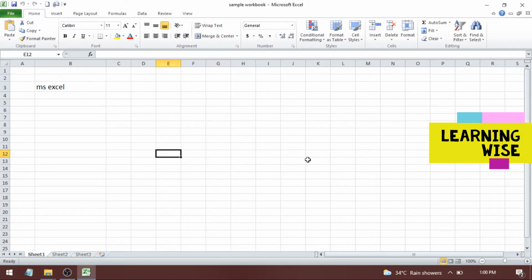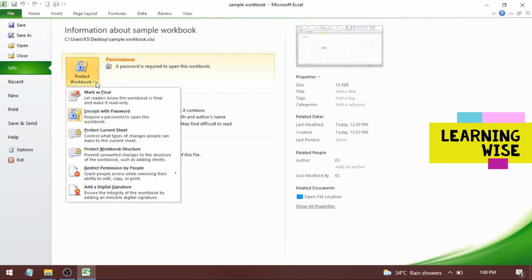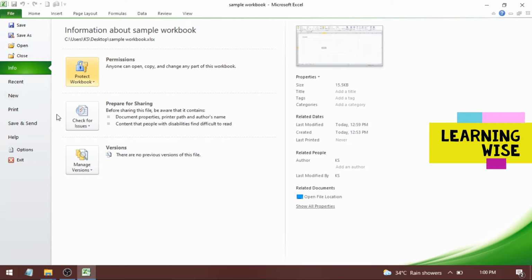Now, how to unprotect this workbook? Go to File once again. In the Info tab, again click on this Protect Workbook. Now see, this is highlighted as I told you a few minutes back. Let's click here. Again click on Encrypt with Password, and here simply select the password and press delete. We did not do any other thing. We just went and deleted the password and hit this OK button. Simple. Now you can see this Protect Workbook option has become normal. It is no more protected.